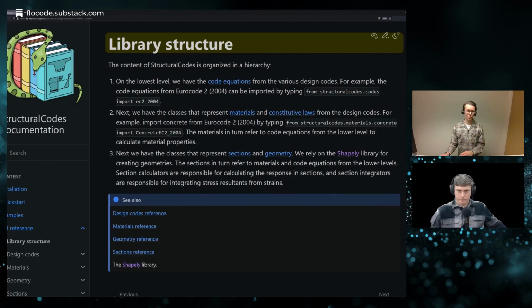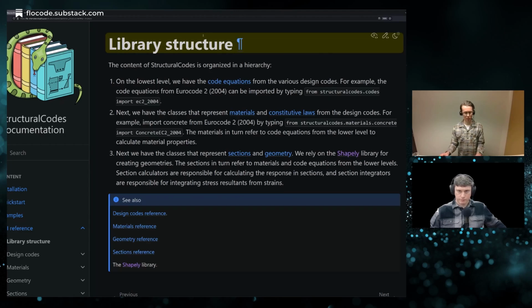On the second level, this is where you start using things from the base layer. This is where we have the materials and the constitutive laws. The material classes are collections of material properties and attributes related to the materials. And on the top level, at least for the moment, we have the sections and the geometries. This is where we tie it all together and do the calculations.